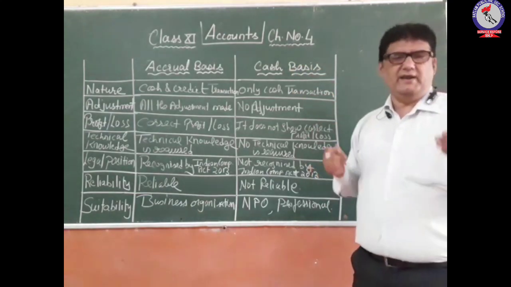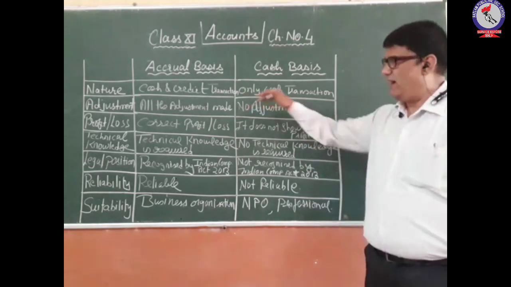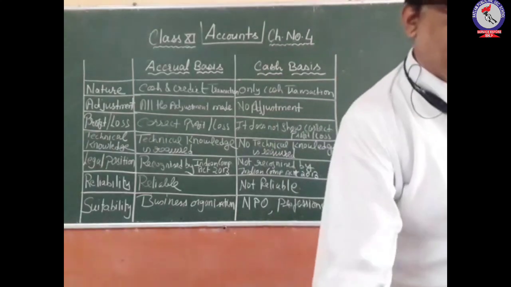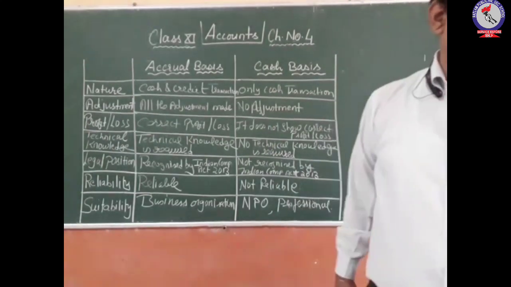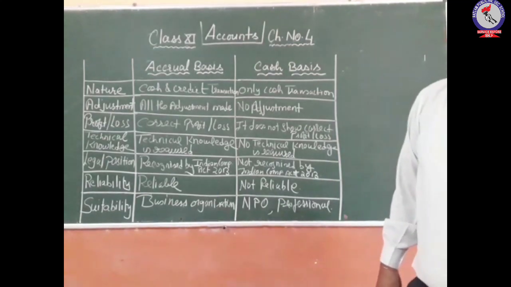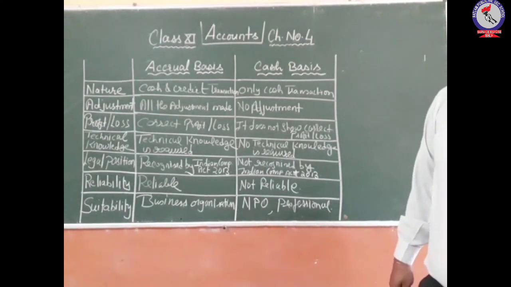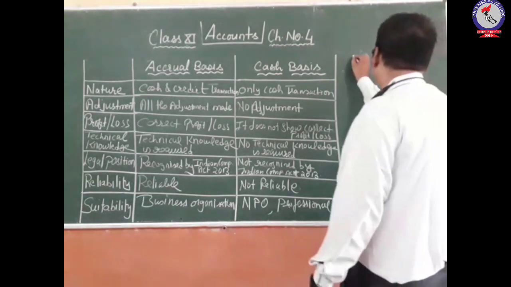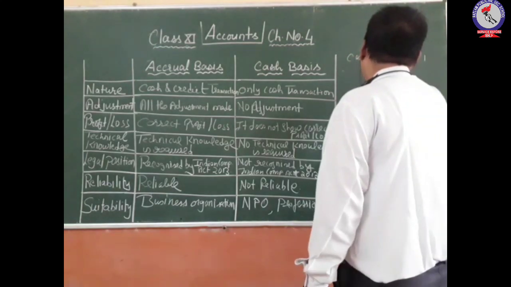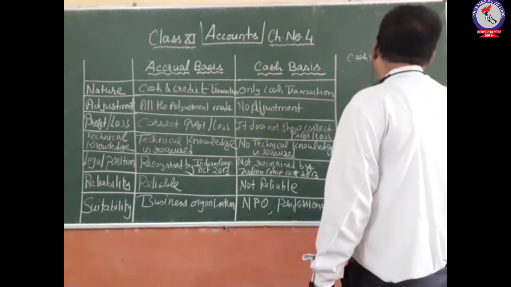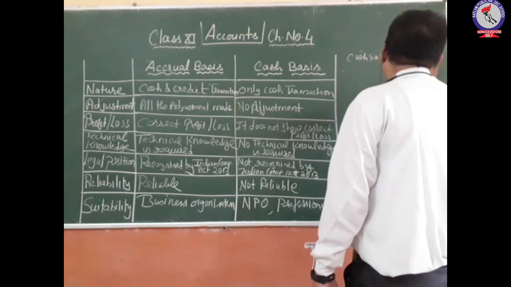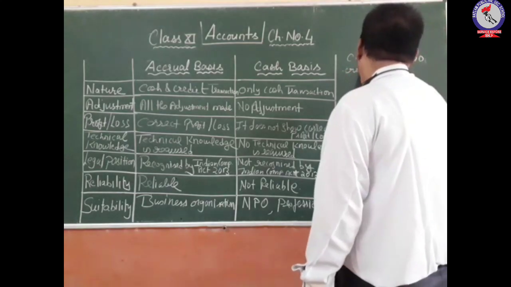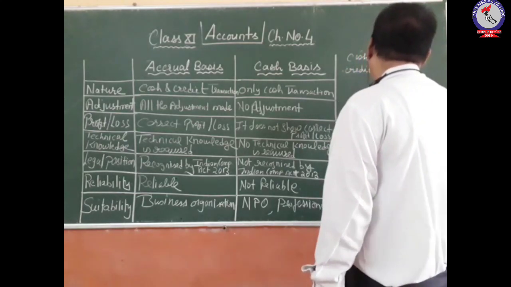So let us take one example for this and try to find out the difference between the two profits. So here we have one example in front of us: the cash sale of the organization was 3,90,000 and credit sale 1,60,000. So let us first write this down. Cash sale, it is 3,90,000. Credit sale, it is